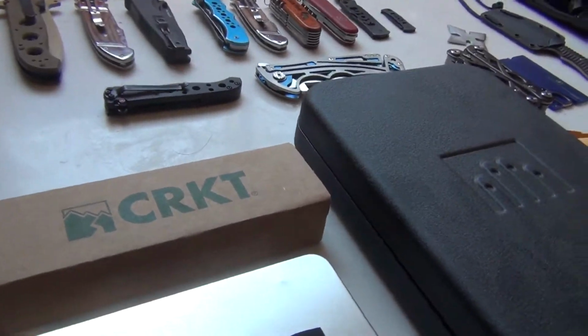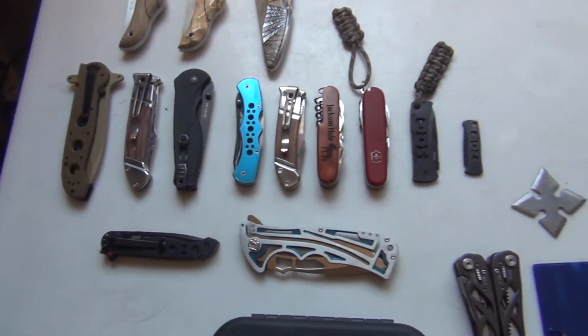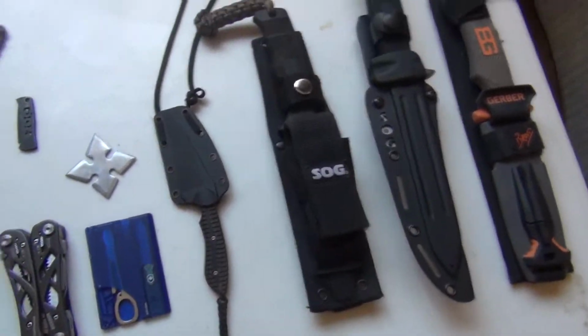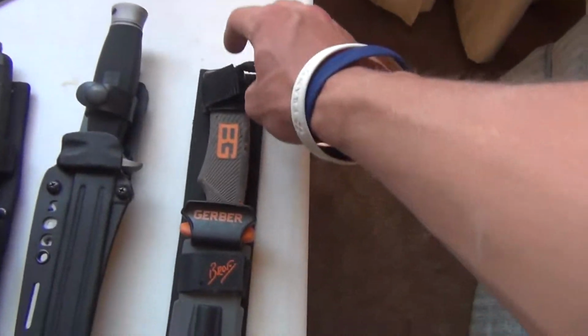I'm just going to be showing you what my collection is comprised of so far. Over here are the folders, but I'm going to do those last. I'm going to start with the fixed blades. And I got some just random gear and stuff there. So,